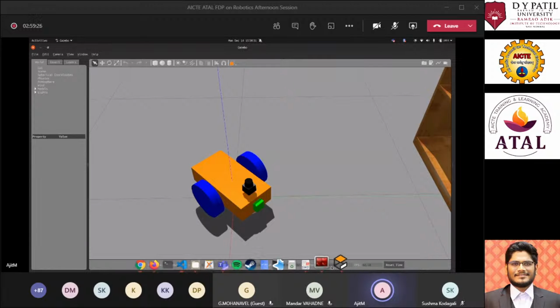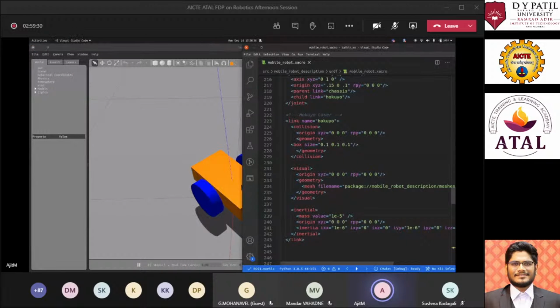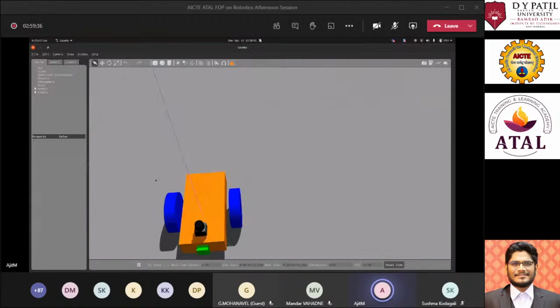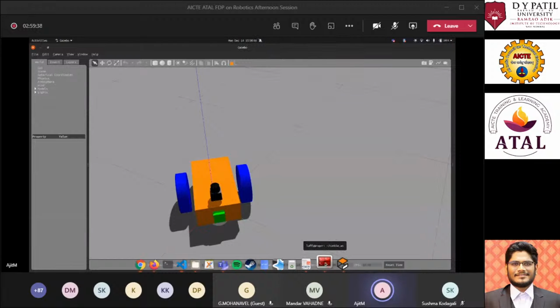And what you can do in Gazebo is attach specific sensors to a specific link.